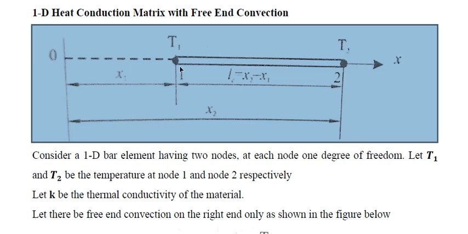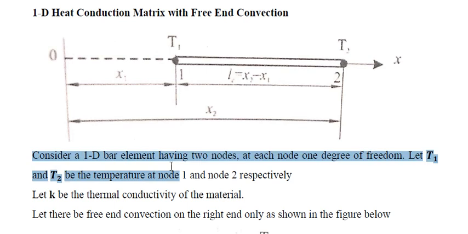Now this element has node 1, and the boundary condition at node 1 is the temperature T1, and node 2, where the boundary condition is T2. T1 and T2 are the nodal variables. x2 minus x1 is the length. The entire element, the entire topic, is considered in global coordinates itself. Expressions are also derived in global coordinates only.